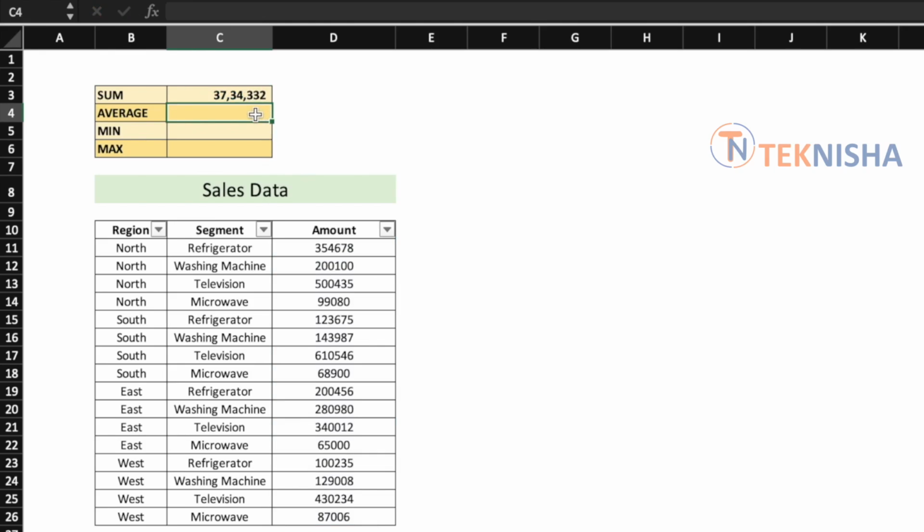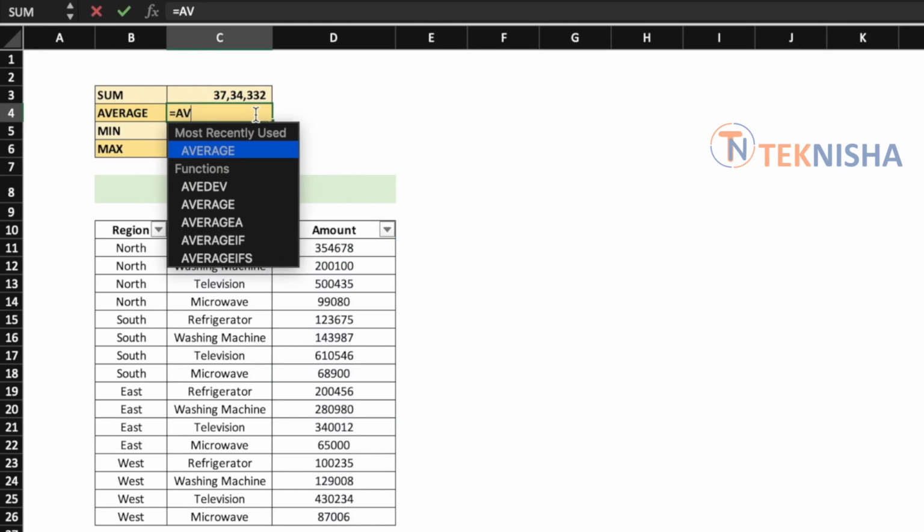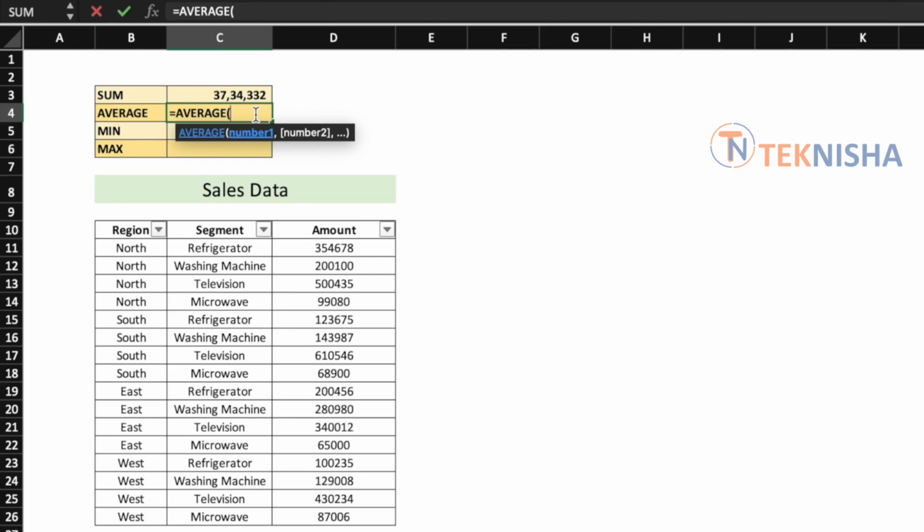Similarly, to calculate average, all we need to do is put in the formula average of, again, the range which is going to be the same, D11 to D26, and this will give you the average. And to calculate min,